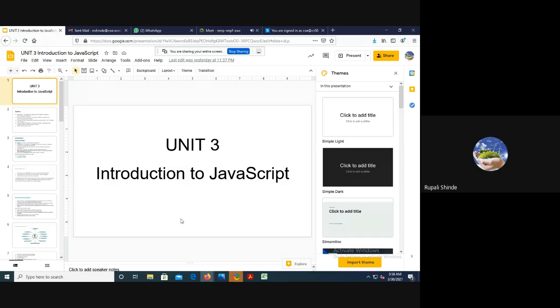Likewise, various properties we have seen in the first unit. In the second unit, if you want to develop a web application which will execute on any device, that concept is nothing but responsive web design. So to make a website responsive, what is required, we have seen in the second unit. There are various techniques by which we can design a responsive website. Then we have seen a very important framework, Bootstrap 4.